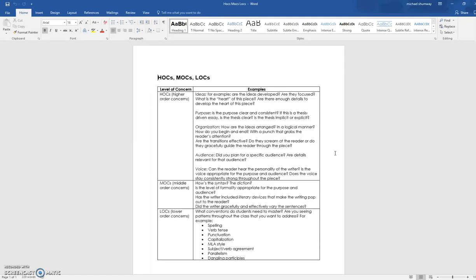When we're talking about high order concerns, what we're talking about is the ideas, the general sense of the assignment, the purpose of it, the organization, etc. The things that are really the most important foundational elements of your paper, right? Are the ideas there? Do they make sense? Are you meeting the purpose of the assignment? Is it organized well? All of these things have to be in place, regardless of spelling and verb tense